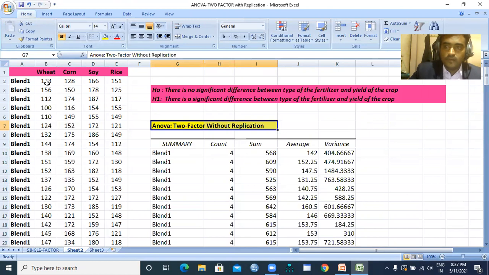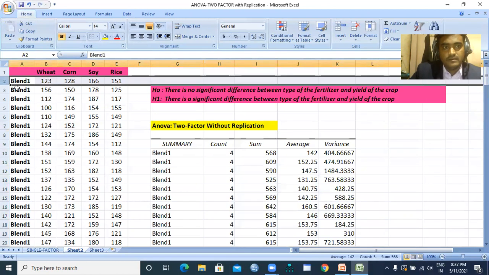That's 4 levels, and each individual row and its related average will be calculated. Suppose you can see here blend 1, wheat, corn, soya, rice, and its related average will be calculated.